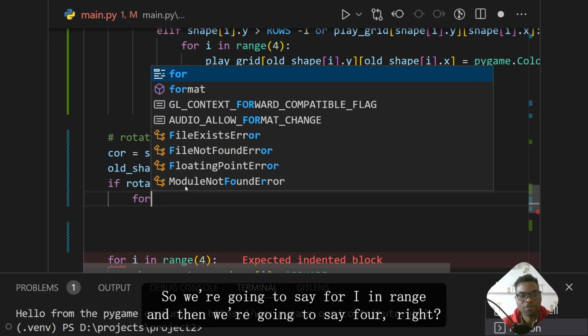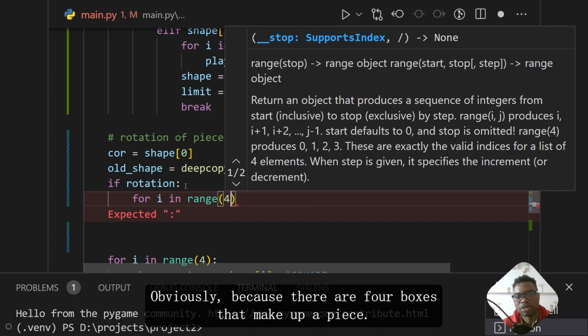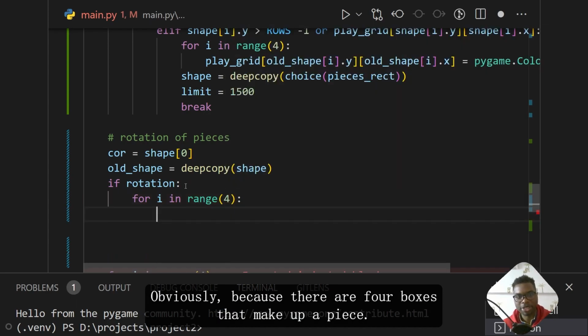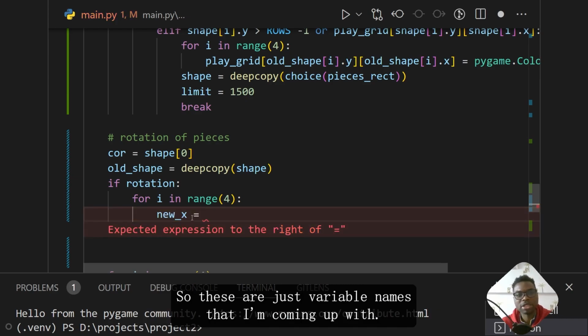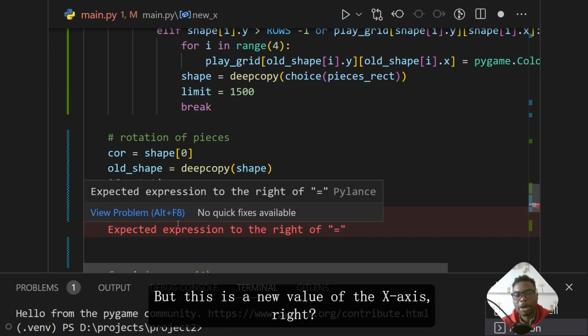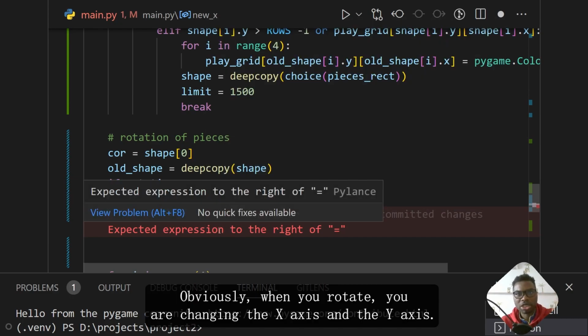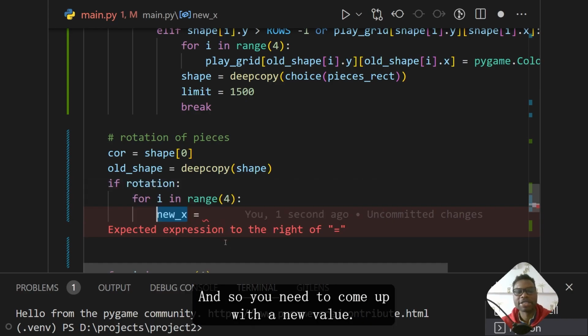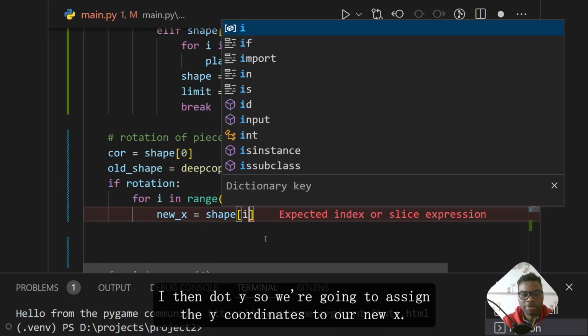Okay, so we're going to say for i in range 4, right? Obviously, because there are 4 boxes that make up our piece. And so what do we want to do? We want to determine the new_x, and we also want to determine the new_y. These are just variable names that I'm coming up with, but this is a new value of the X-axis, right? Obviously, when you rotate, you are changing the X-axis and the Y-axis, and so you need to come up with a new value. The new value is going to be determined by our shape, and our shape i